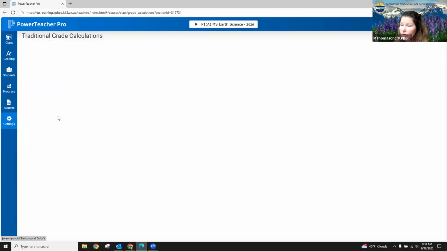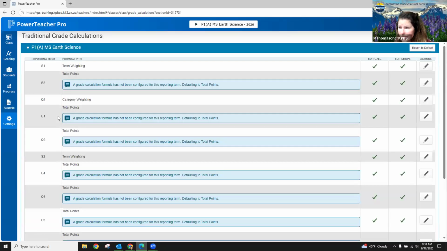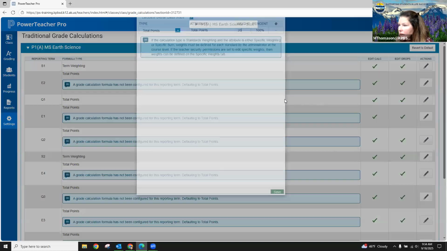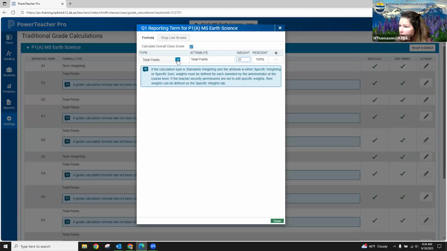I do encourage you to check out your traditional grade calculations tab. You can tailor your categories to weight in whatever way you want them to weight out to calculate grades. Let's say you wanted to reweight your categories for quarter one. Right now, it is calculated by total points. If you click into the edit feature, you can weight your categories by clicking into category weighting and click into